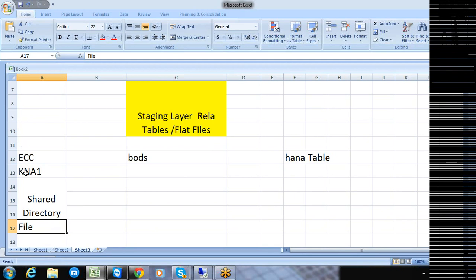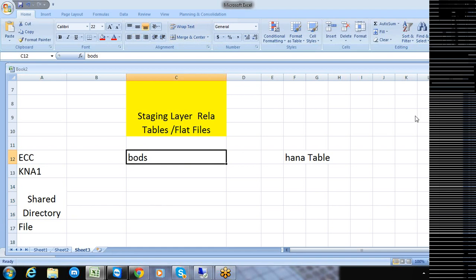The shared directory we are creating in this ECC system should be in a situation where it can be accessed through BODS also.